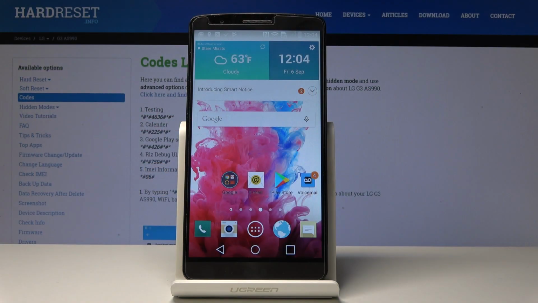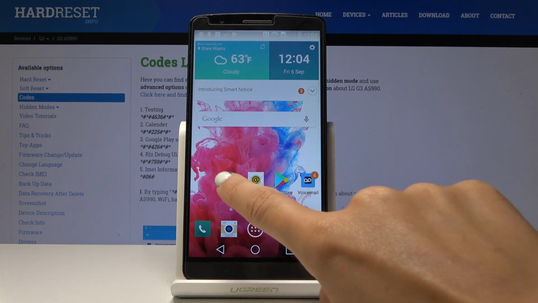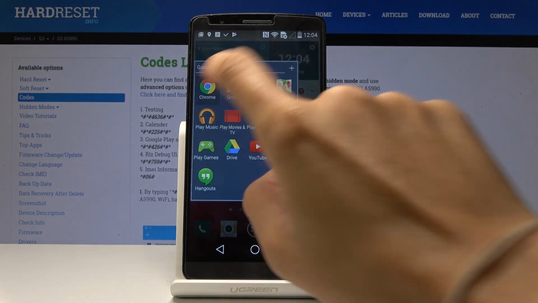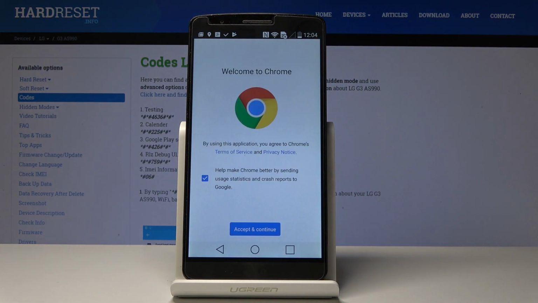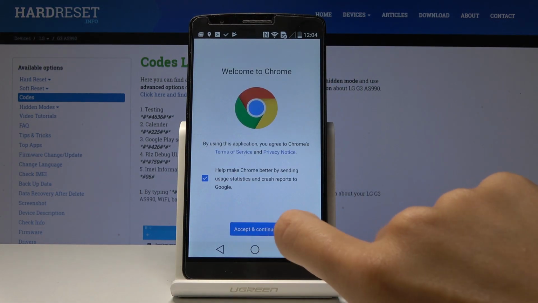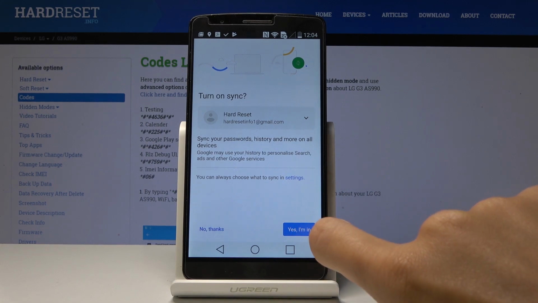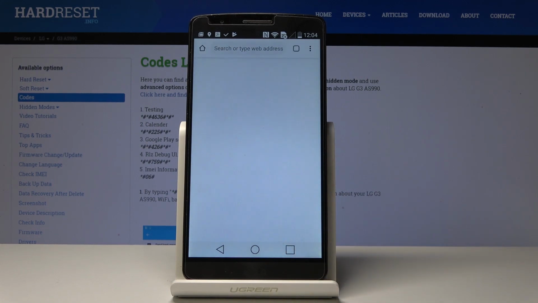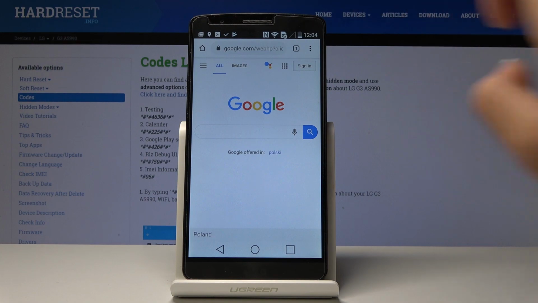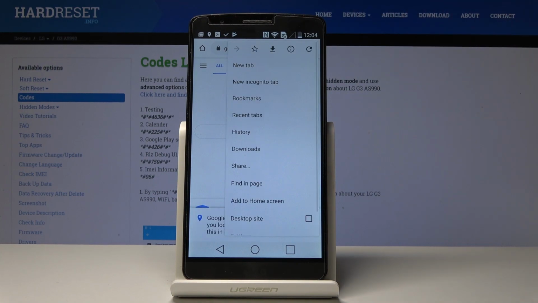Here I've got LG G3, and let me show you how to clear browsing data on the following device. So at first you have to open the browser that you are using. In my case it's Google Chrome. Then click on the More icon, which is the 3 dots located in the right upper corner, and then go